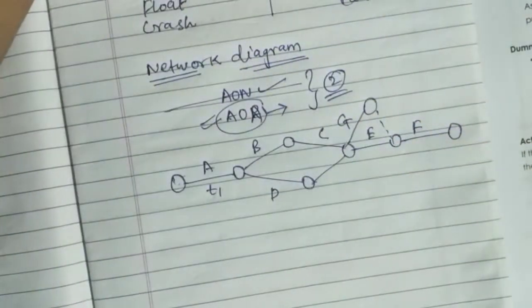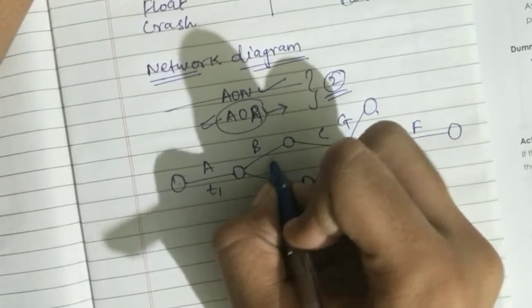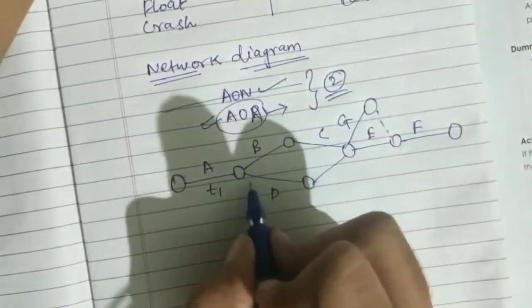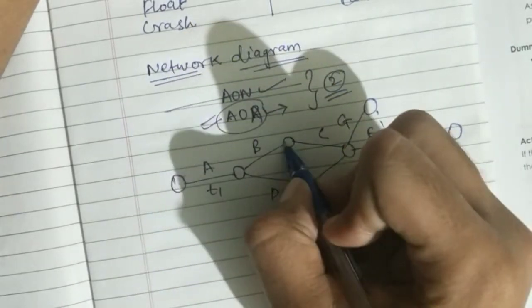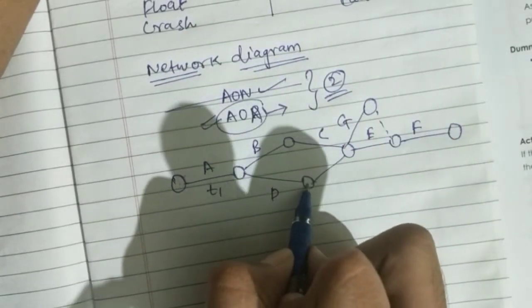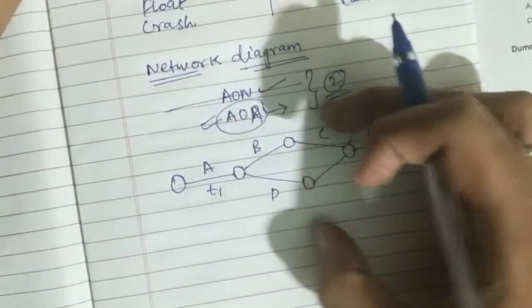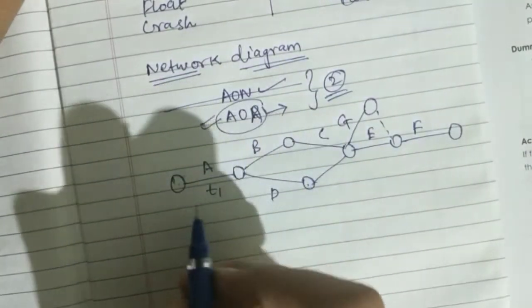Suppose you think in that manner. After that there is an activity B you need to do, and activity D. These two activities will be going parallelly. Something like you will be bathing and you will be keeping your phone charged. Those are the two activities going parallelly, starting at the same time.